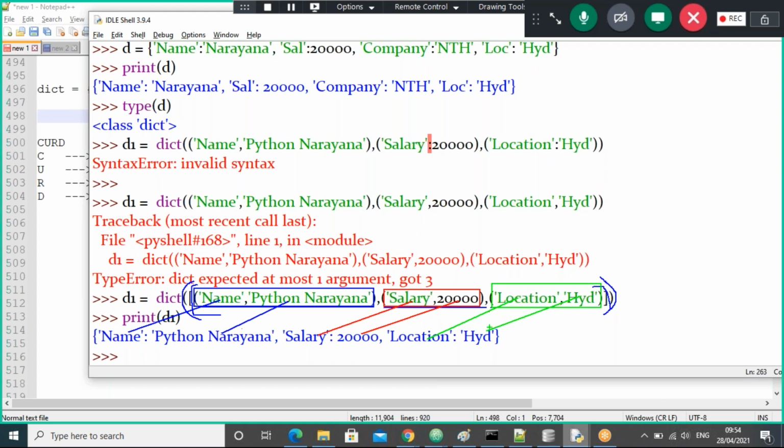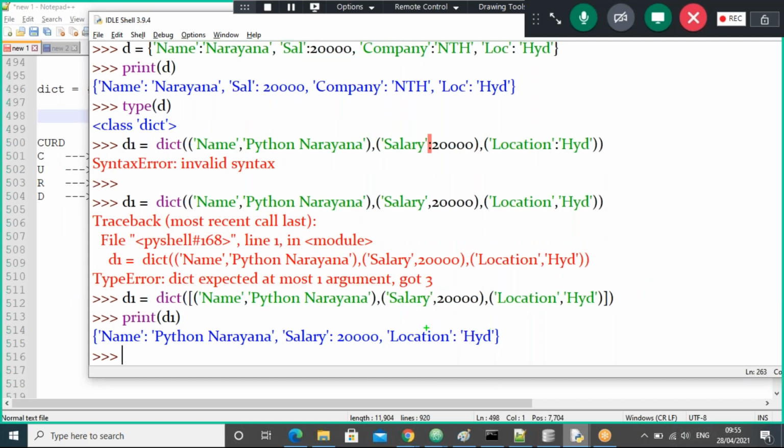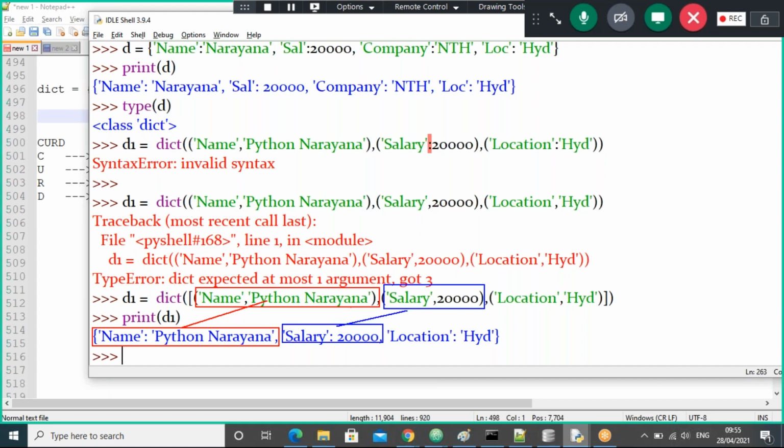So in the dict function, we say that these all items, the first item is converting into the first key value pair, guys. Observe now. The second item converts into the second key value pair.